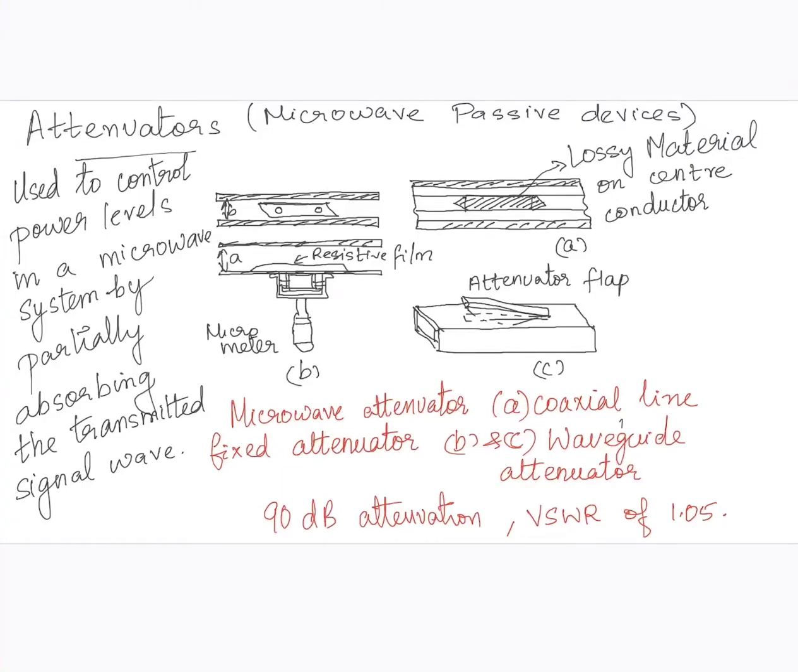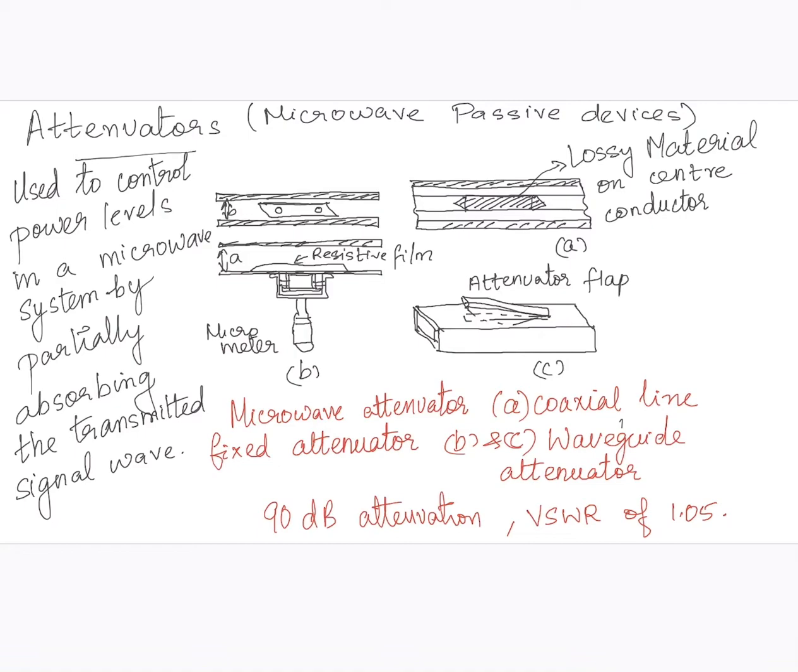This video discusses microwave passive devices. In that, first one is attenuators. So these devices are basically used for transmission of microwave signals. So attenuators are passive devices used to control power levels in a microwave system by partially absorbing the transmitted signal